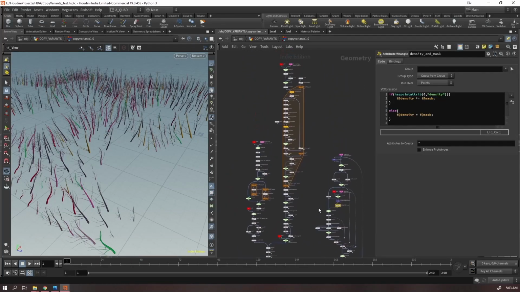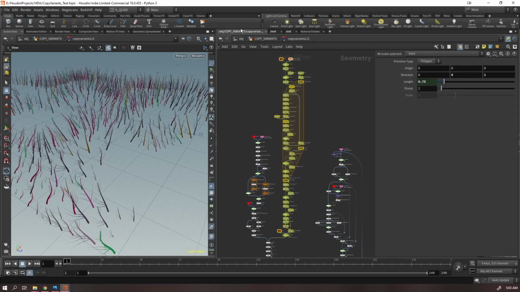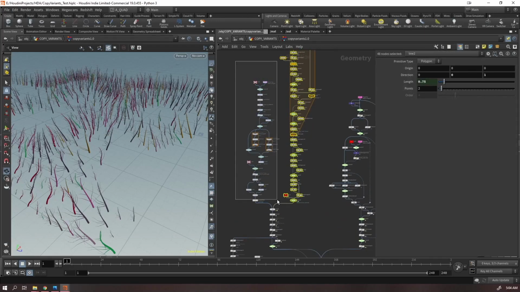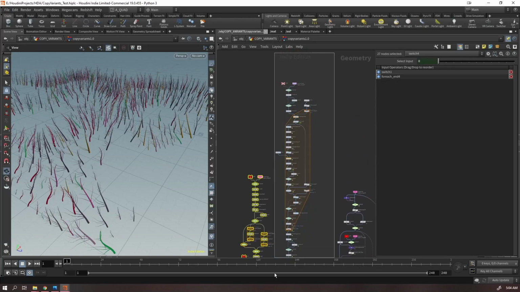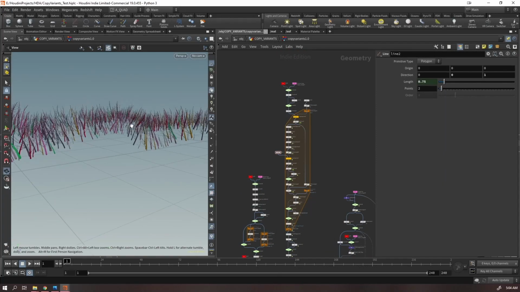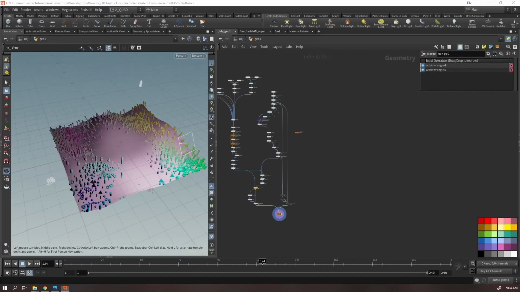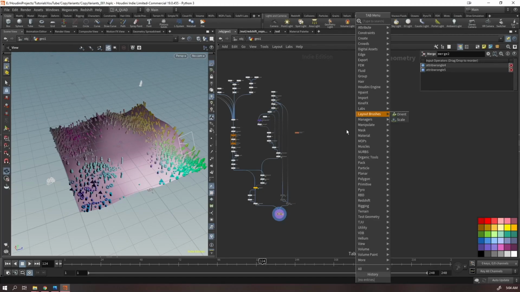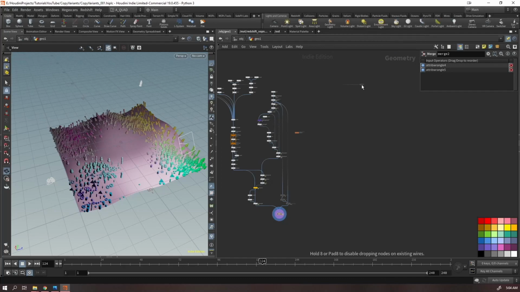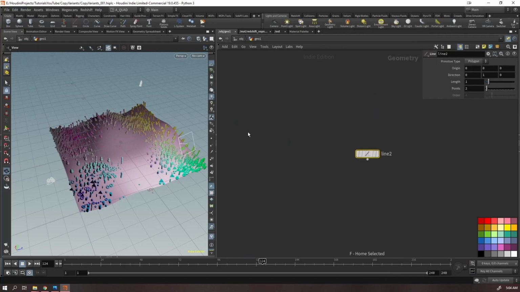And the curves are actually following a different tree. So this is the one for the geometry, and this is the one for the tree. Since it's sort of like a preset, that's why it's a little complicated. I'm going to also show you how to set that part up, but it's not going to be really hard. You just need to spend a little bit of time figuring it out. So